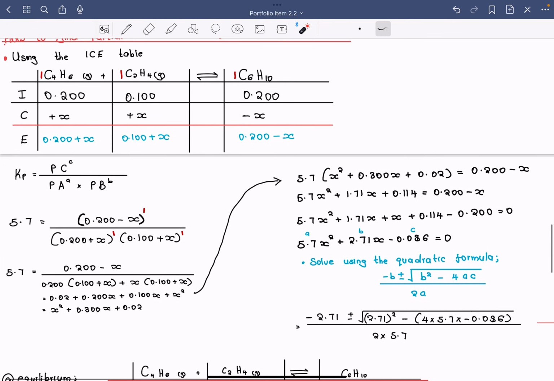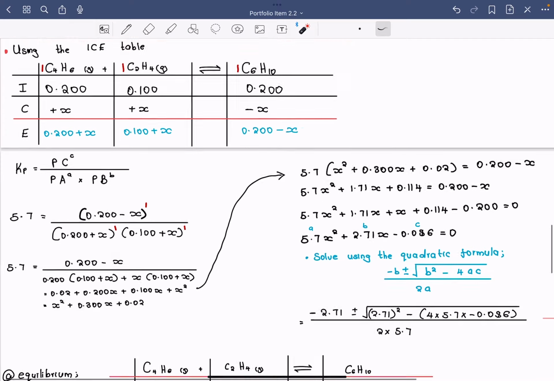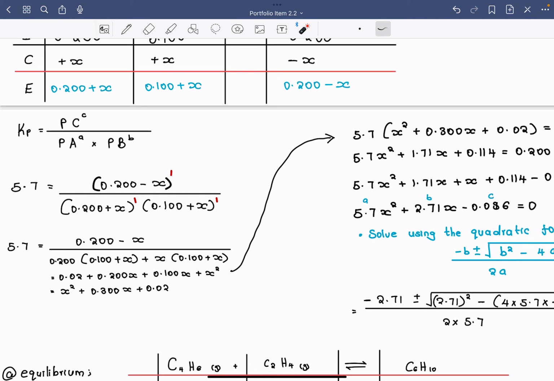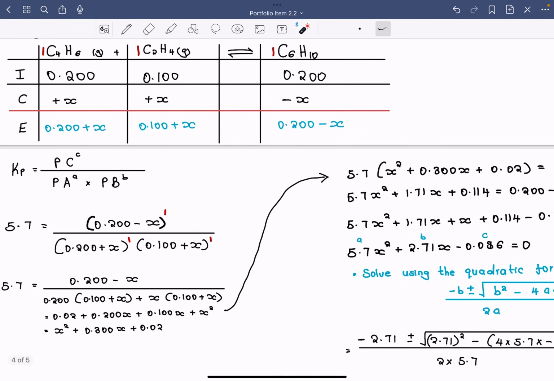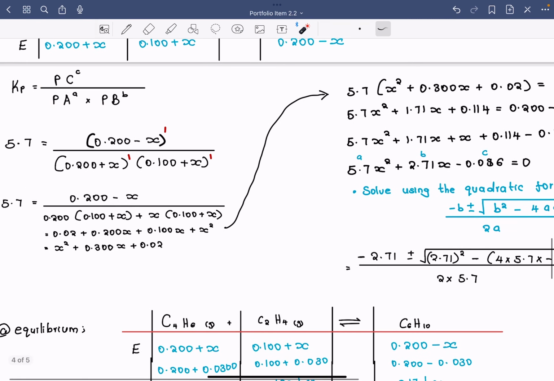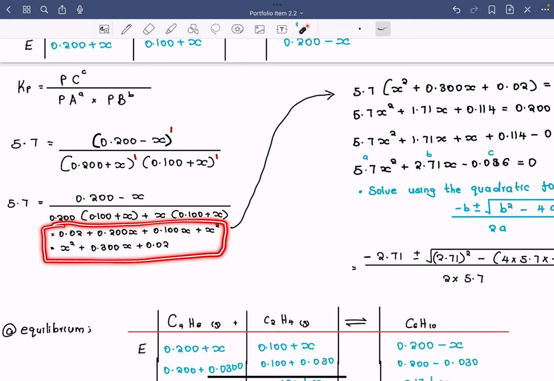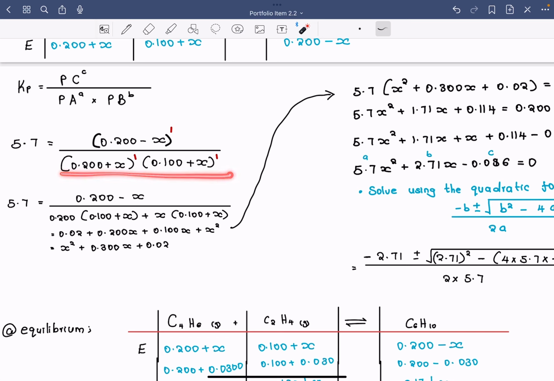We're going to use the equilibrium constant equals the pressure of the products divided by the pressure of the reactants. And at equilibrium, the Kp is 5.7, so we plug everything into this equation. So it's going to be 0.200 minus X, divided by 0.200 plus X times 0.100 plus X. And then we solved our denominator, and we got X squared plus